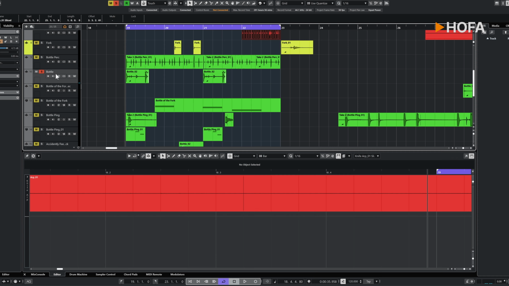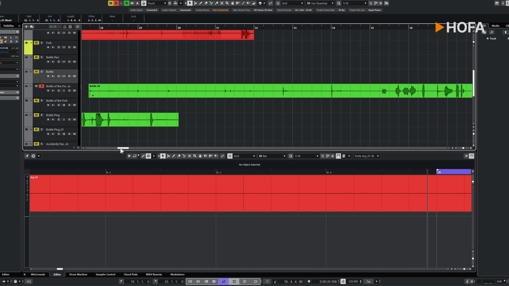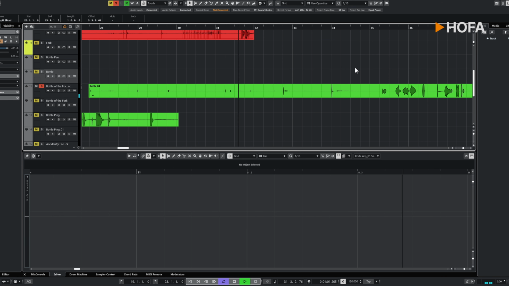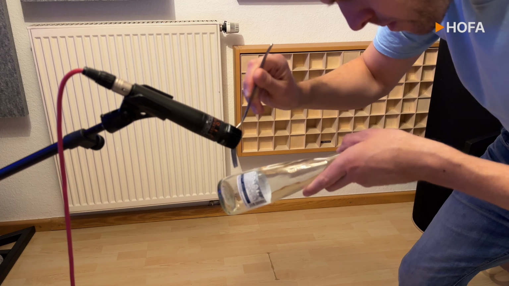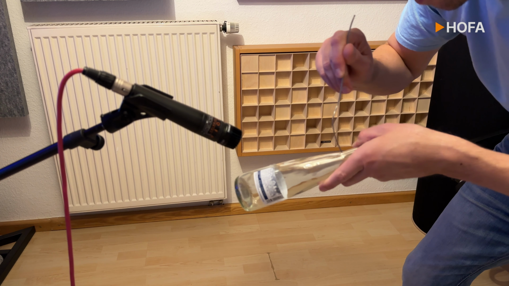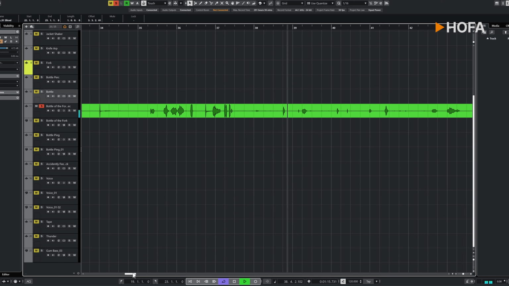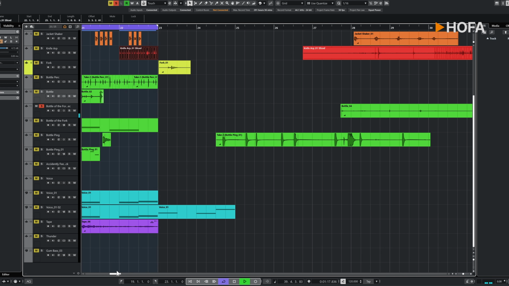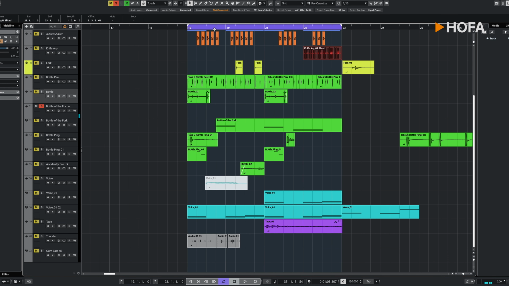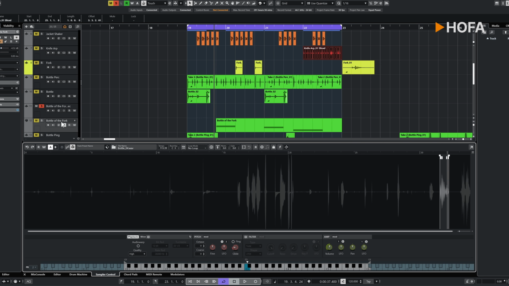What else do we have? Bottle and fork. Yes, I had a hard time trying to get some sound out of the bottle together with that fork. Oh my god, screechy. Whew. Hard to stand. I took, let's say, the best part of it and had the screeches of the bottle